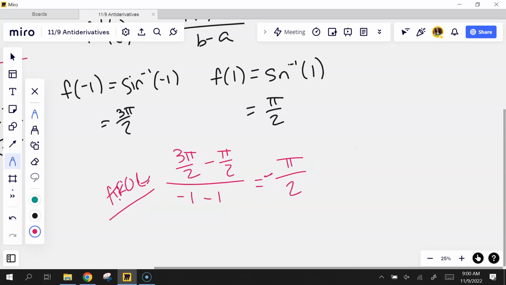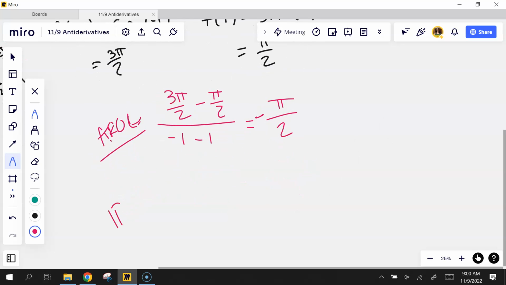And I'm going to have a variable in IROC, and that's okay because I want to solve for the variable. I want to know where do they equal. So I want to take the derivative here. And remember, f of x was inverse sine. So you probably need your little, is it a green sheet? 1 over